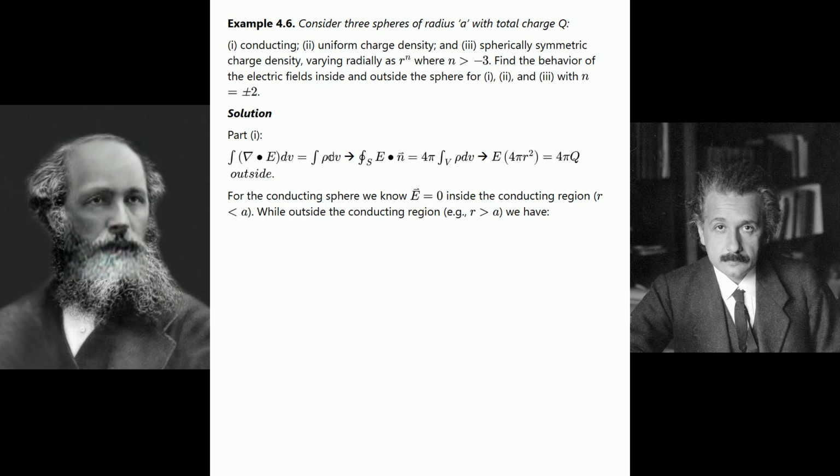Part 1. The integral over V of the divergence of E dv equals 4 pi times the integral of rho dv. The contour integral over S of E dot n equals 4 pi times the integral over V of rho dv, so 4 pi r squared E equals 4 pi q outside. For the conducting sphere, we know E equals 0 inside the conducting region, r is less than a. While outside the conducting region, i.e. r is greater than a, we have